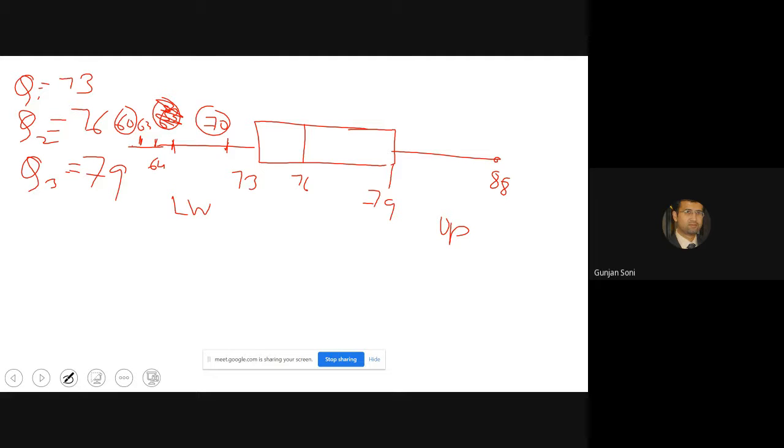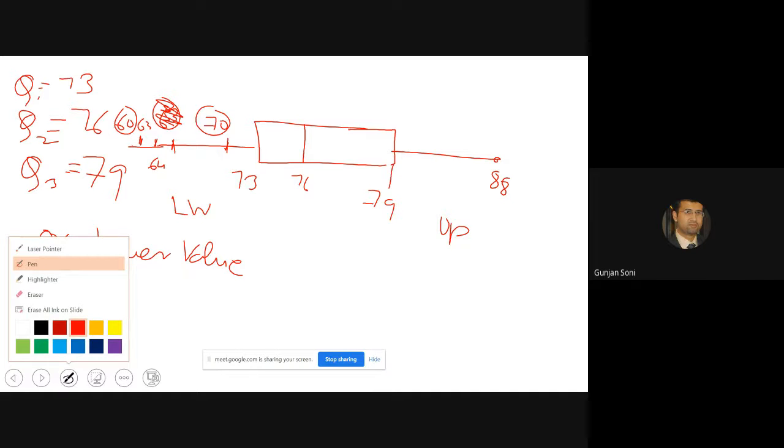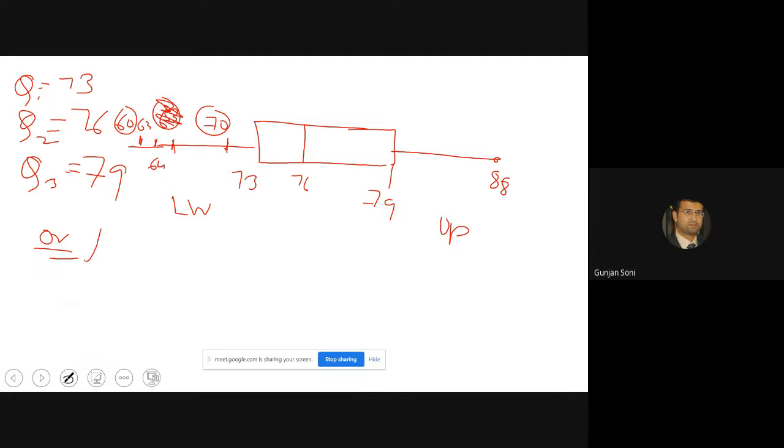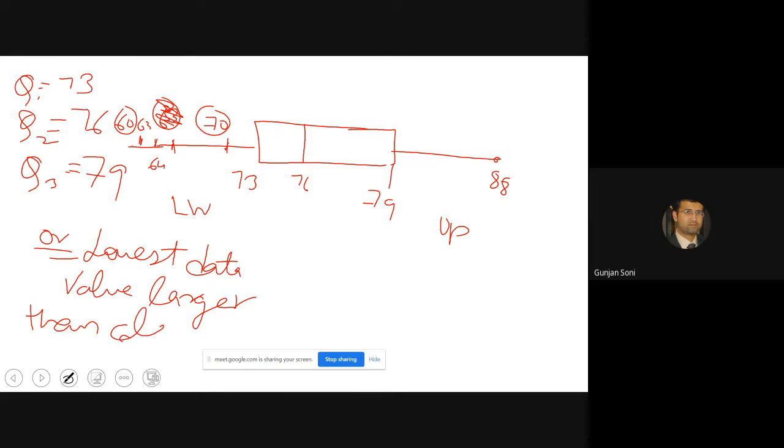So the rule is that the lower whisker value has to be the lowest data value larger than the calculated lower whisker.